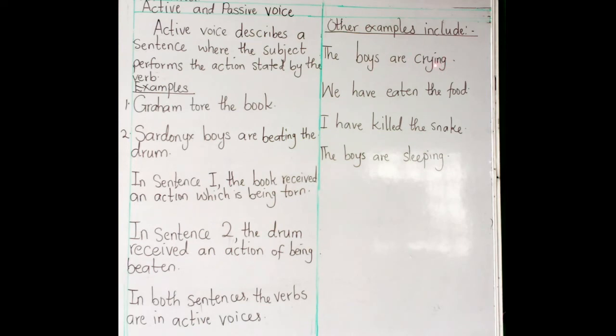Who are the ones that are doing the action here? The boys. What is the verb there? Are crying. Now I want to take your mind back to something. Remember what I said about sentences. I said a sentence must contain a subject, a verb, and not necessarily an object. This sentence is a clear indication of that.